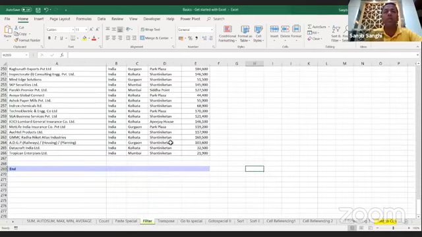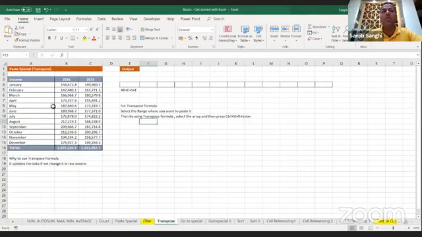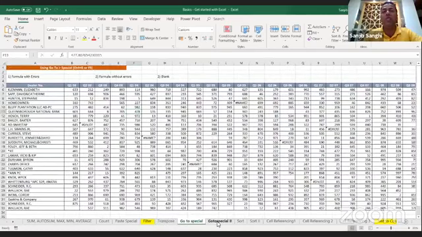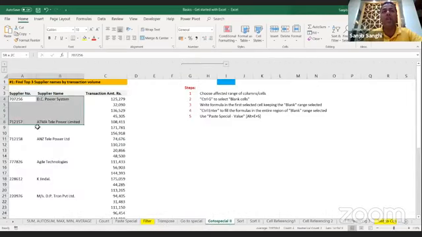We have learned a very important feature on filters, how we can filter different things, and use subtotal. Now, what subtotal does is basically add the filtered cells. It doesn't add the total set, it adds the filtered cells. So we learned subtotal yesterday. Then we learned how we can transition from a horizontal format to a vertical format, or from vertical to horizontal format using the transpose function. And then we actually detailed out the Go To Special function. We tried and learned how we can use Control G to fill up all the sheets.